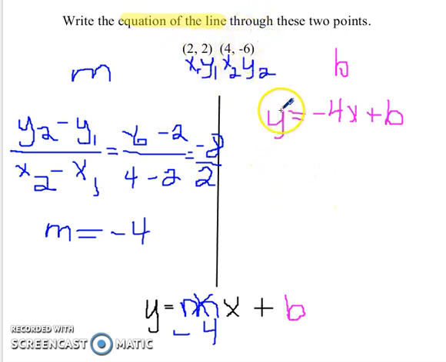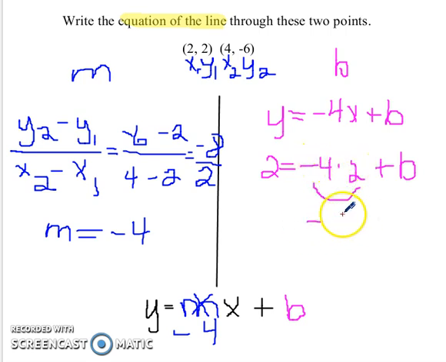So here we go. Y is right there, is 2. Then I'll copy my slope, which is negative 4. Now this means to multiply negative 4 times x. So you can use parentheses or you can use a dot to show multiplication. The x is also a 2. So I have negative 4 times 2 plus my b. That looks pretty easy to solve. I can do that. Okay, so negative 4 times 2 is negative 8 plus b